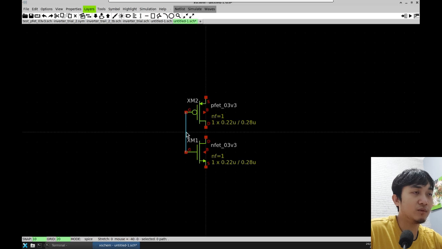So let's drag some more wires, so it will be convenient for us to make connections. And drag some wires here. Here will be our output. And then drag some wires,